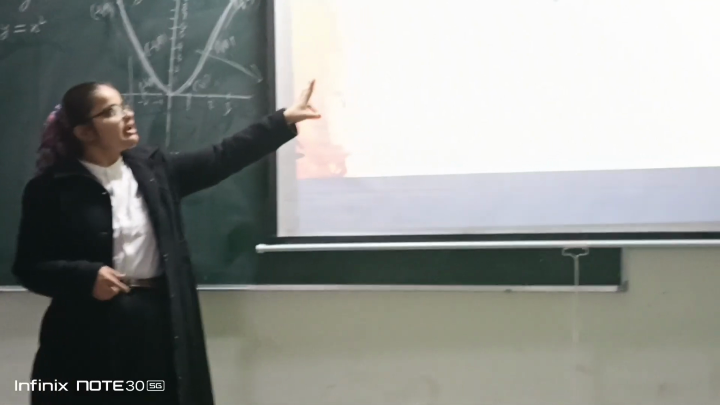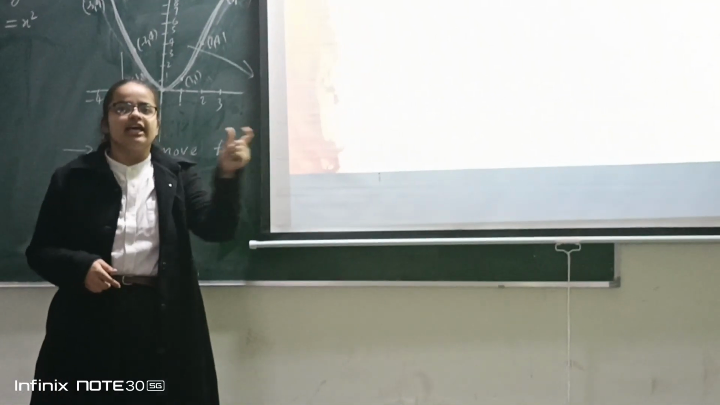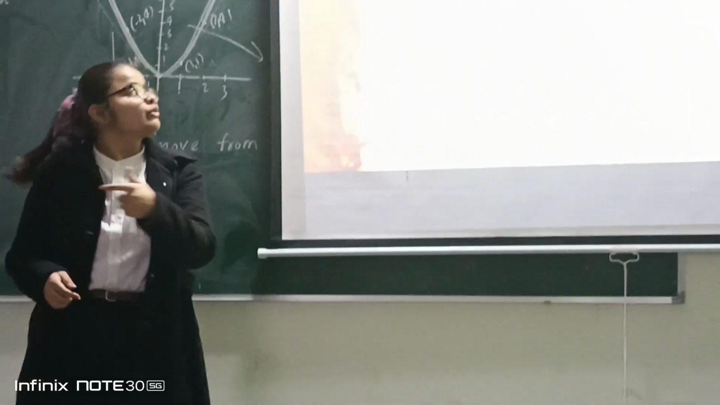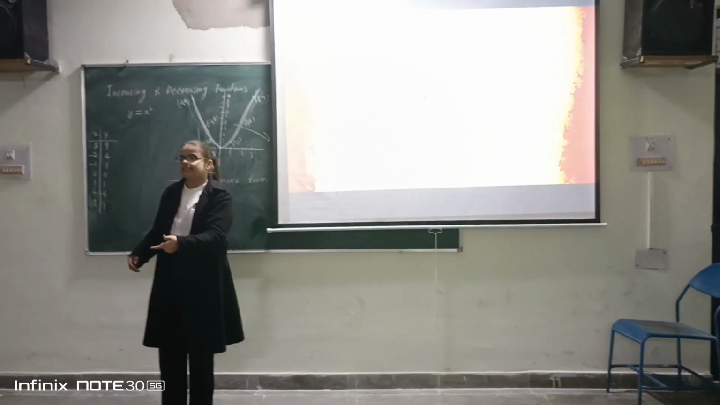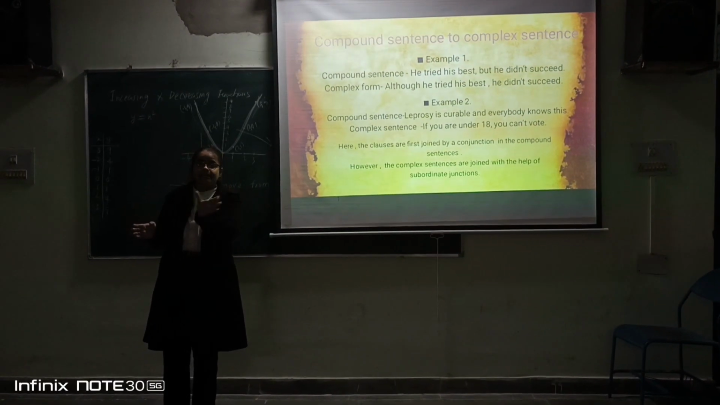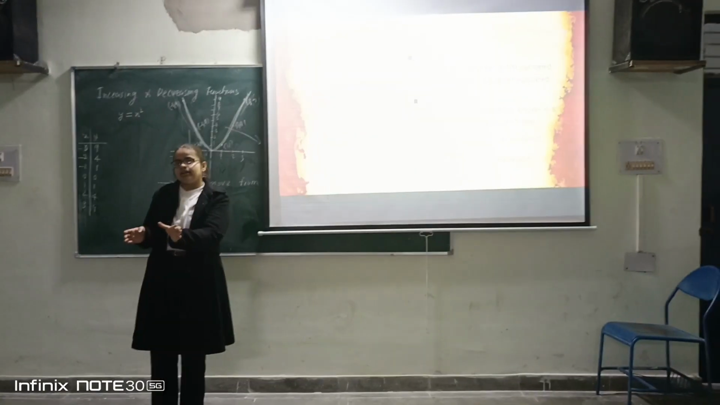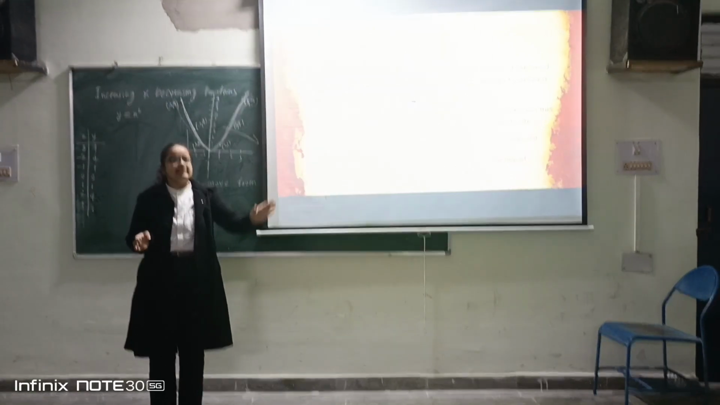Here, the two independent clauses are connected together with the help of what? Converting them into complex ones, we get: although he tried his best, he did not succeed. Here, the second clause, he did not succeed, is an independent clause, but although he tried his best